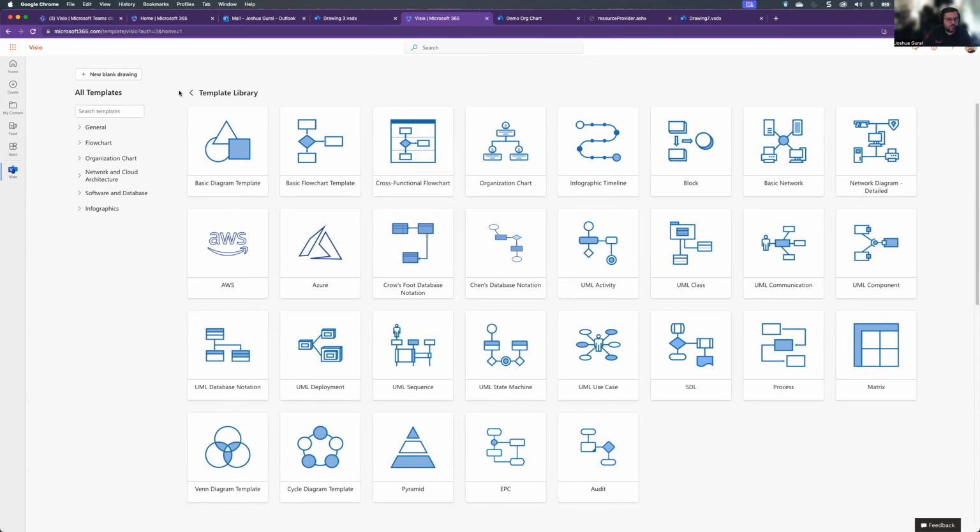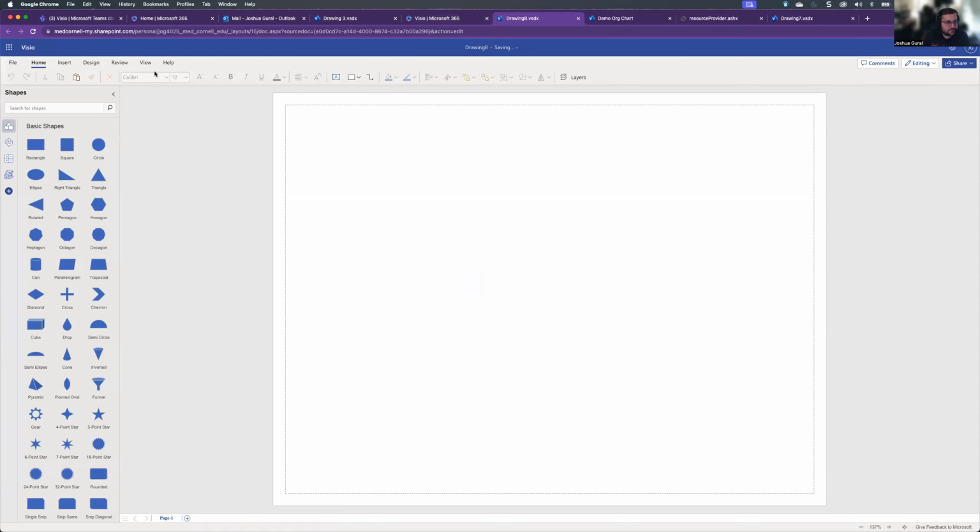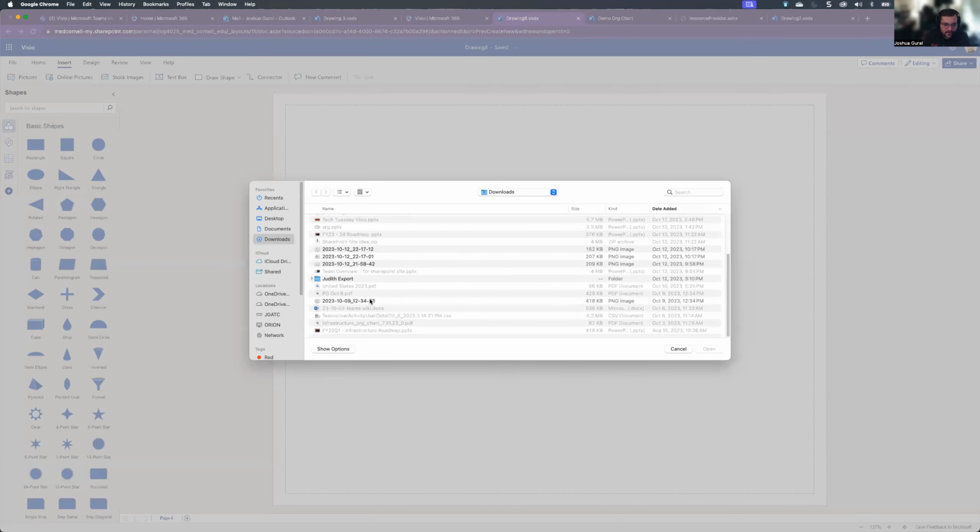Can you create your own shapes and save and share them for later use? That's a Plan 2 feature. So if you need that, that is Plan 2. There's usually a way to get around a lot of the things that are needed for Plan 2. One option that I interact with a lot is uploading a picture. If you have something that you want, maybe